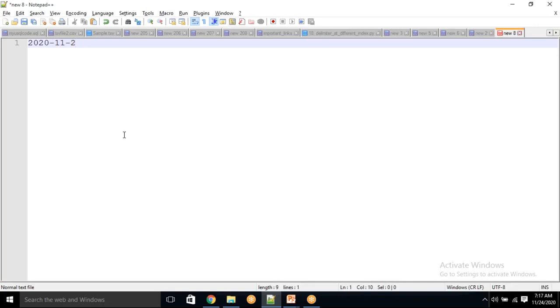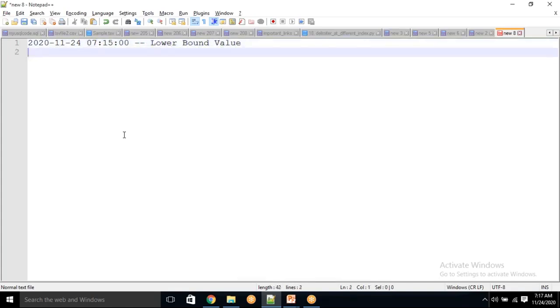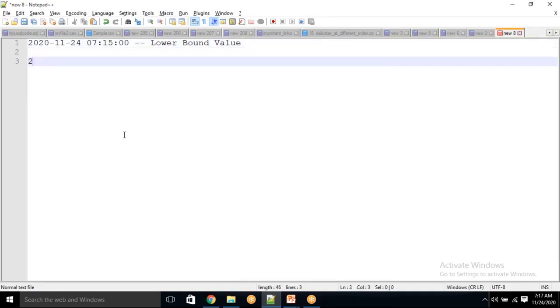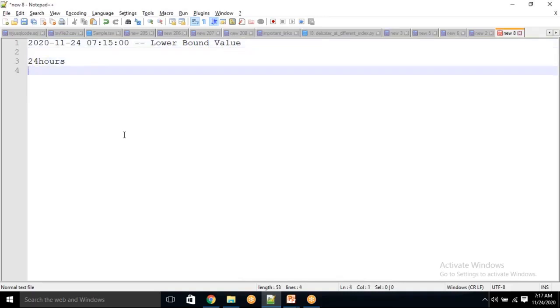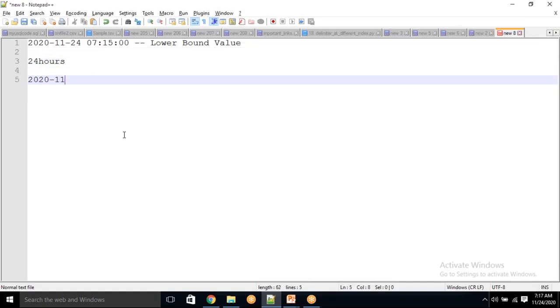See, 24 07 15 00. This is my lower bound value. Now, if I add 24 hours to this, what will happen? 2020-11-25 07:15:00. This is going to be my